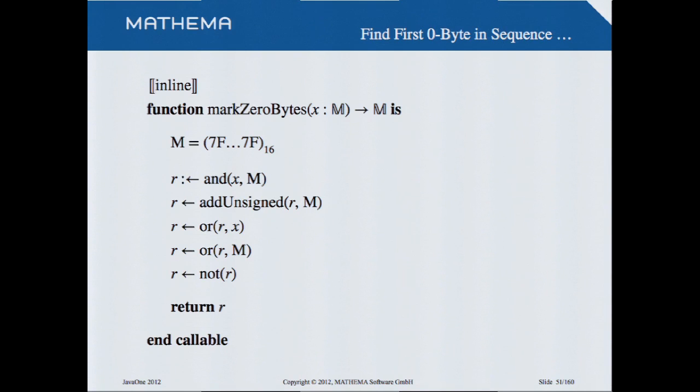Let's see how a program might work. I have a program which finds a 0 in a word, and we can do it byte-wise, but this is very slow. Especially on a 64-bit machine, it is more efficient to read the 64 bits and then try to figure out where the 0 is instead of going there byte by byte. Because if we do it byte-wise, then we have to check 8 times, and it doesn't seem to be a very good idea. So this is an example for an algorithm which marks specific bits.